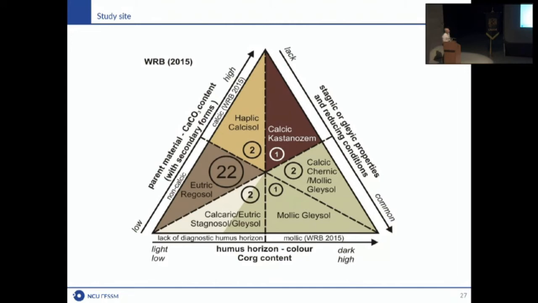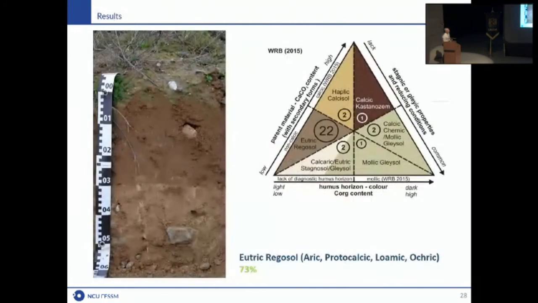We can see that the biggest group is this one, but I will show you all of them. So 73%, this subgroup, is soils which we had to classify as Regosols, but with a protocalcic qualifier. Unfortunately, protocalcic is in the supplementary qualifiers, so we couldn't express it in the name of the soil. So this is Eutric Regosol (Arenic, Protocalcic, Loamic, Ochric). So you can see that if we have such soils, we are almost sure in Poland that it's very eroded soil in most of the cases, of course.